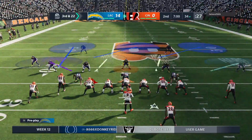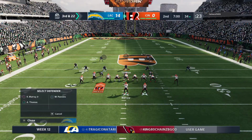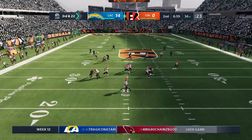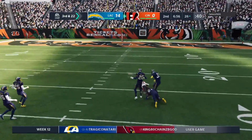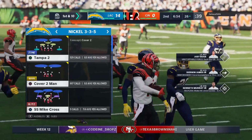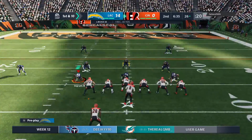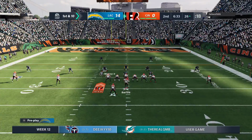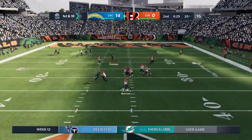An extra cornerback now in the game for the Chargers here on third. From the shotgun, Joe Burrow going deep down, and that's caught inside the 30. And all the way down to the 26. A big third down play there for the Bengals. And even 40 yards. So now the big play has them all the way inside the 30, 1st